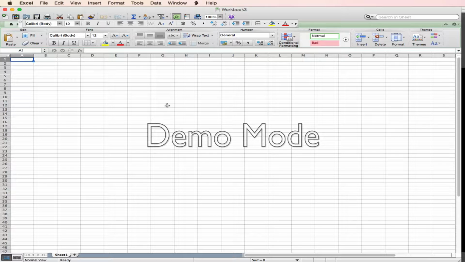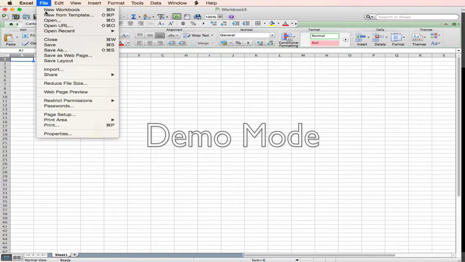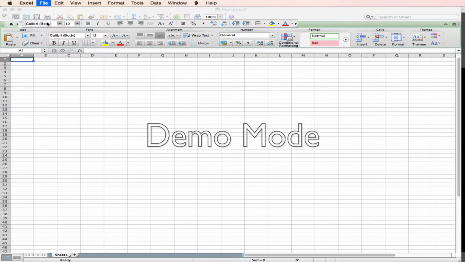It's quite typical in science and economics to get data in a variety of formats, and we need to be able to take this data and then bring it into Excel for further analysis and display. So if I want to import a CSV file, I go to the File menu, I click on Open,